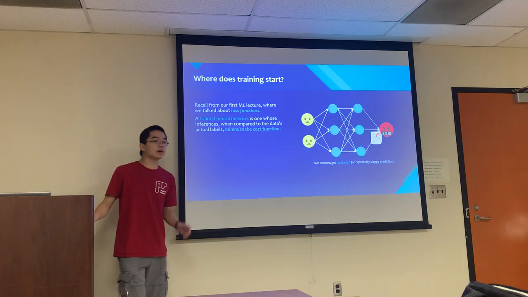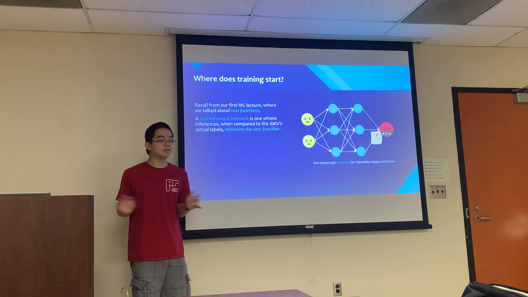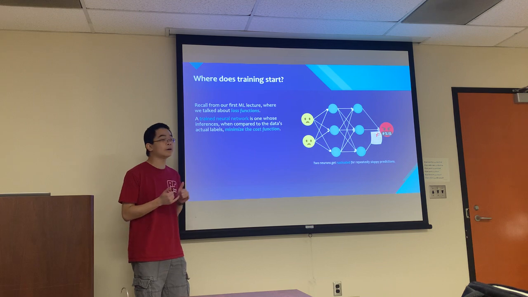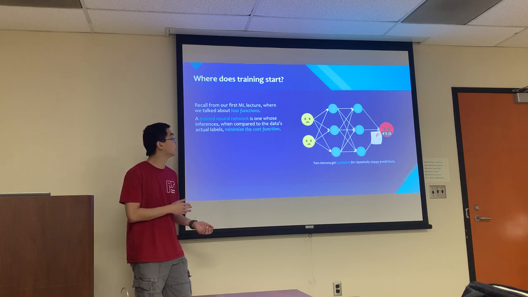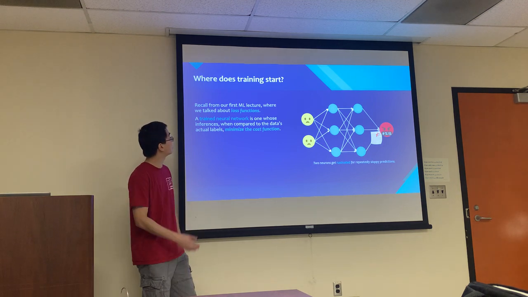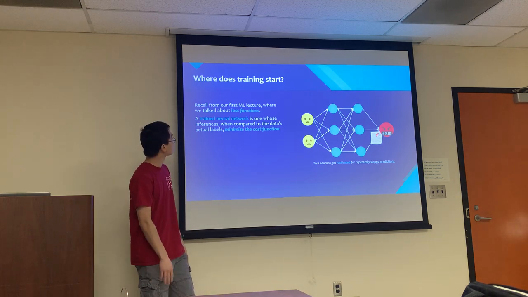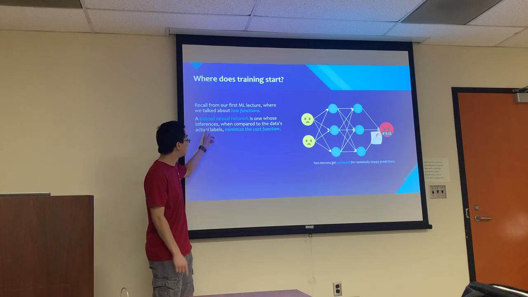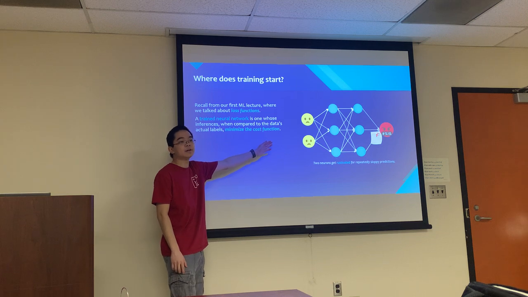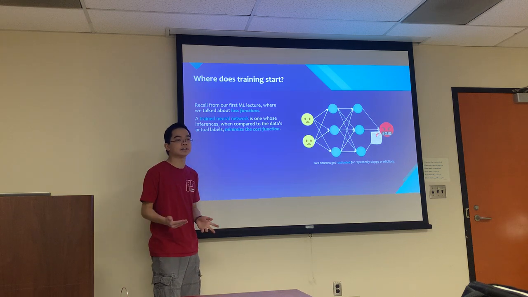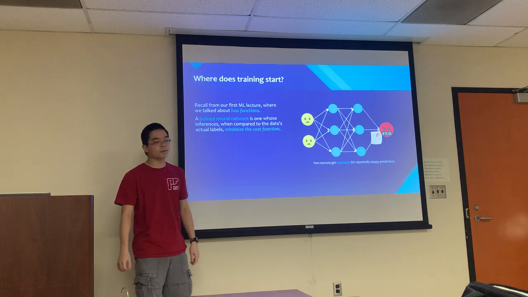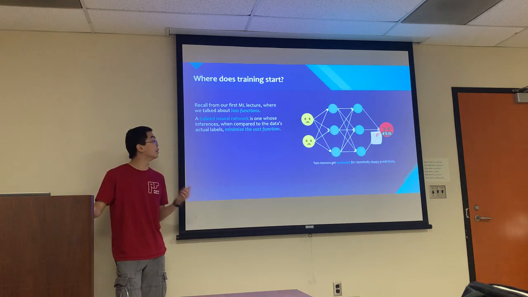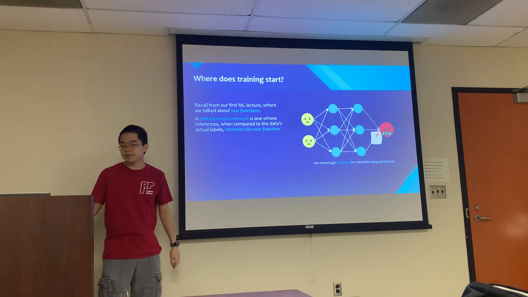Okay, so we talked about loss functions in our first ML lecture. This is going to come back again, because we need to talk about how well our model is doing, and then be able to learn from it, right? So this is basically going to be where we start getting into what is called backpropagation. So a trained neural network, as in you have trained it and it is doing well, should be minimizing the cost function, because high loss, high cost is a bad thing, so we want to minimize it. This is in tandem with what we were learning from the first ML lecture.